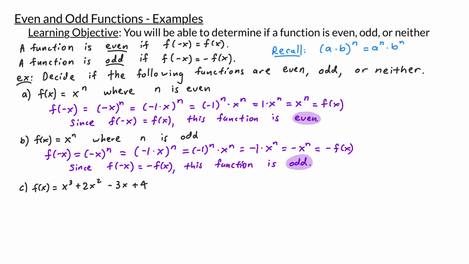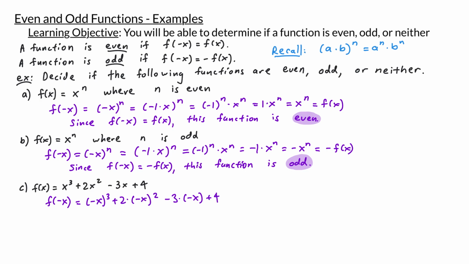In our next example here, we have f of x equals x cubed plus 2x squared minus 3x plus 4. Let's check whether this is even or odd. And to do that, we're going to start by looking at f of negative x. So in your function, everywhere we have x, plug in negative x. So that's going to give us negative x cubed plus 2 times negative x squared minus 3 times negative x